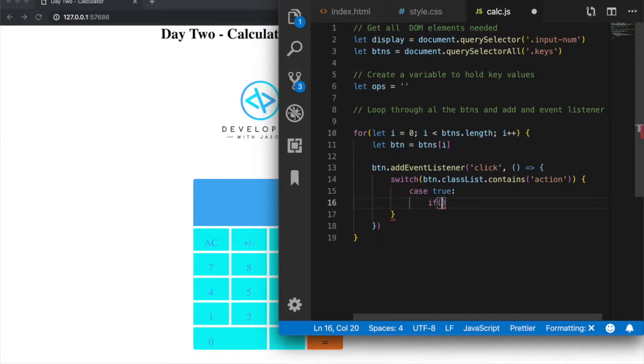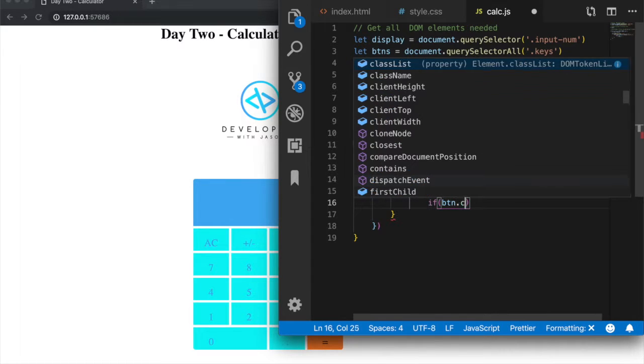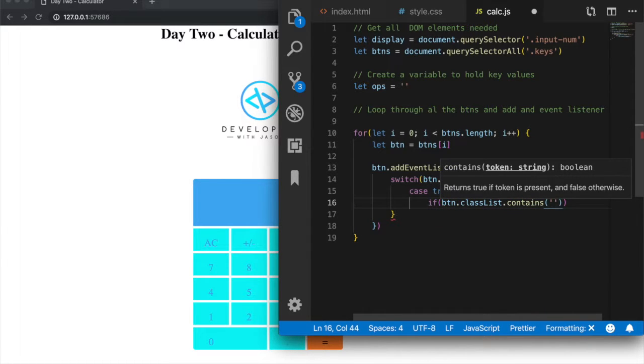So if button.classList.contains operation,